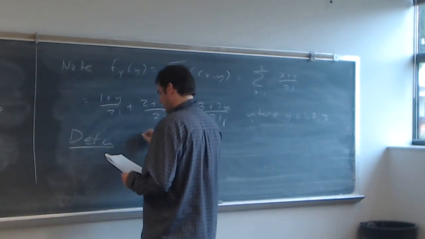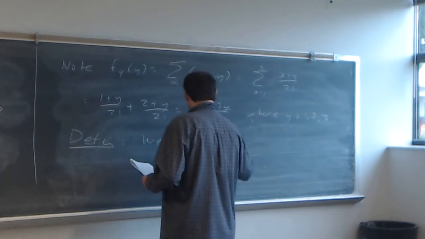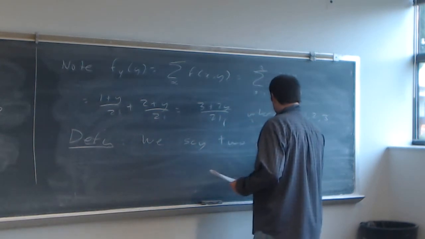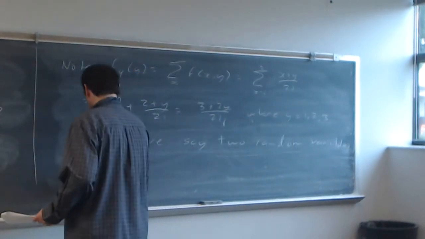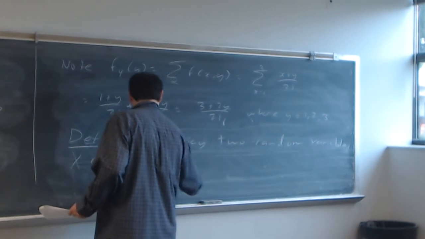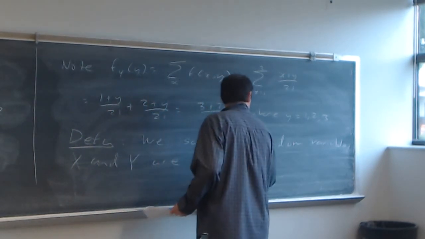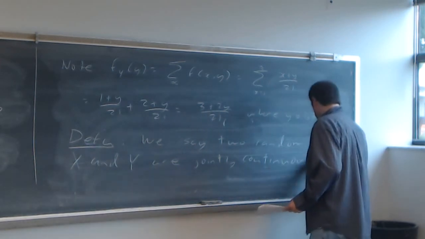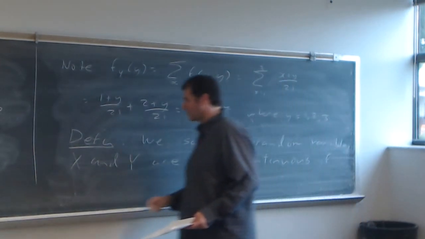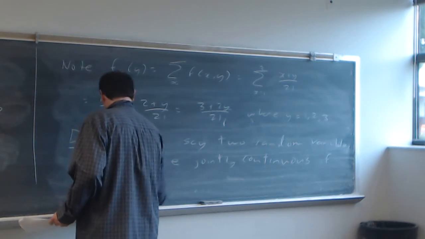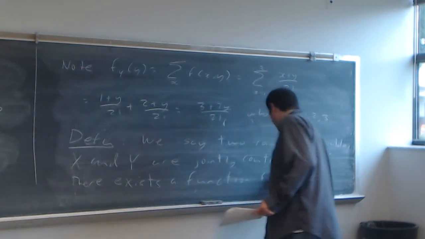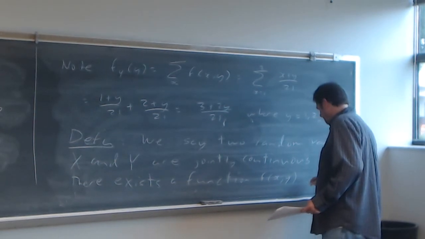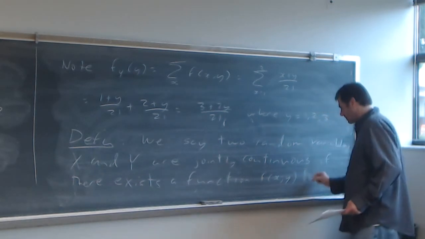We say 2 random variables x and y are jointly continuous if there exists a function little f of x comma y defined on R2, so I won't say anything about where it's defined, such that